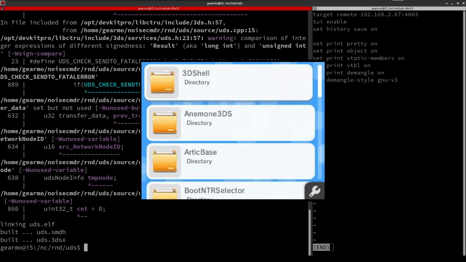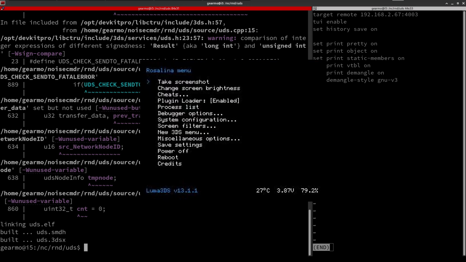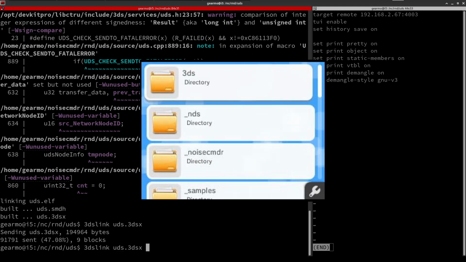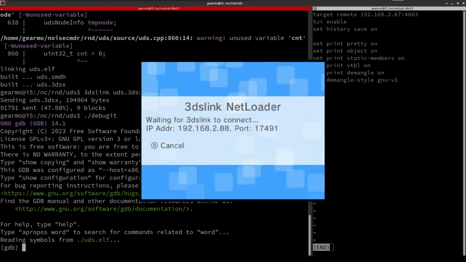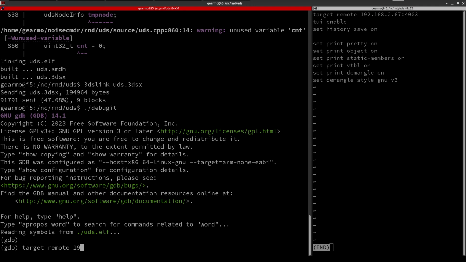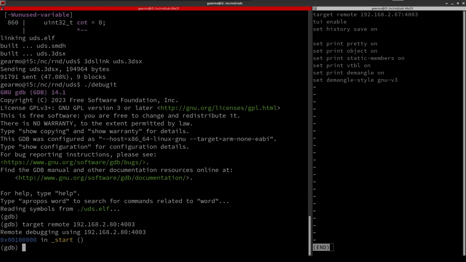Go to Rosalina, force debug next application at launch, 3ds link, GDB, target remote, set the IP address, set a breakpoint on main,